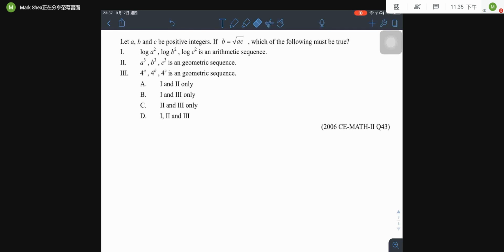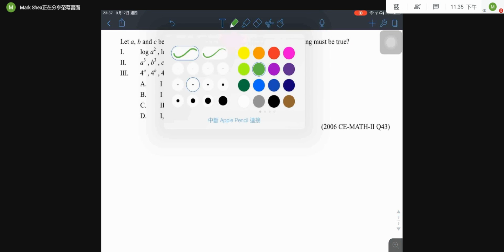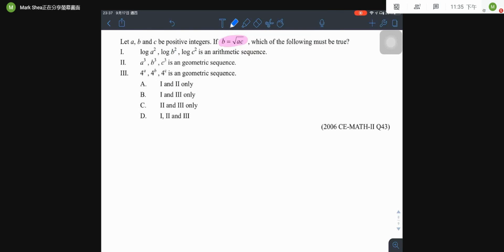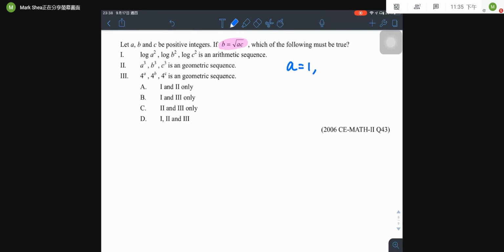Now, from the question, we know that A, B, C are positive integers, and B is the square root of A times C. Then how can we determine this? Now for MC, we can just substitute different values of A, B, and C into the equation. So I try A equal to 1, and because B is equal to root AC, I choose C